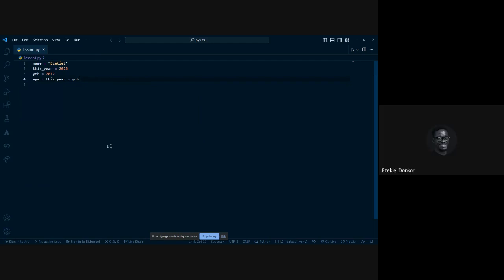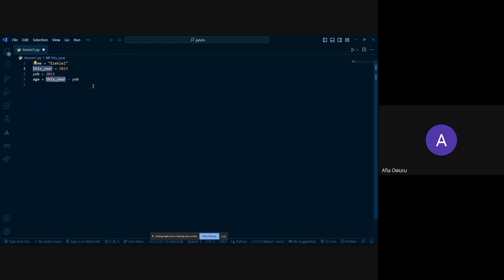Okay, so age equals this year. Should it go into quotes or just this year? It shouldn't go into quotes. We are referencing this box right here. Even if I start typing this, I think the suggestion should pop up using this extension. But it's this year minus year of birth, like that. Because I'm referencing these boxes, anytime you have to reference any of these boxes, which are storing things, your program has already stored everything. You don't need to put quotes around it.